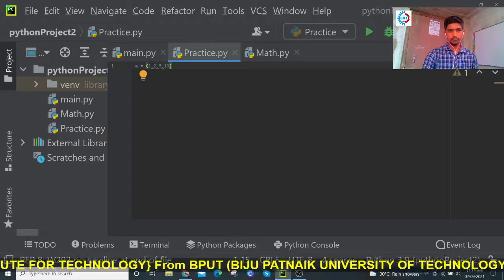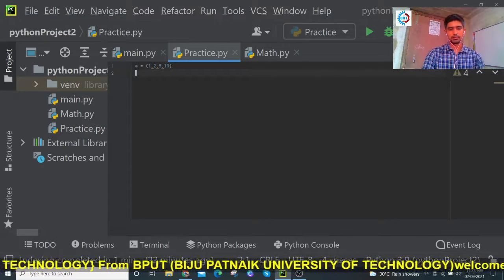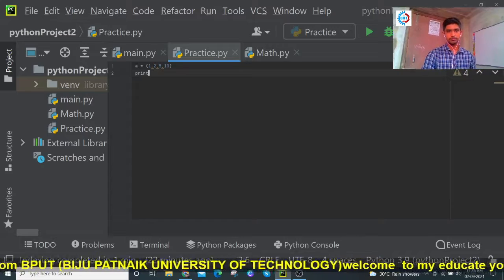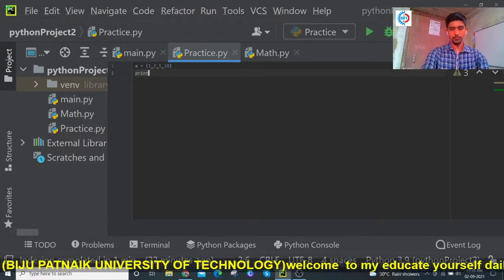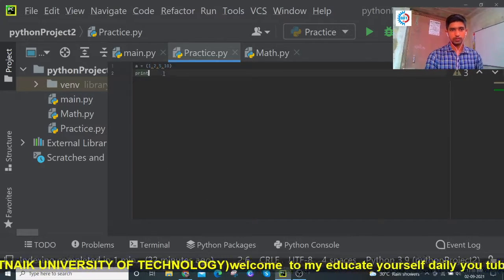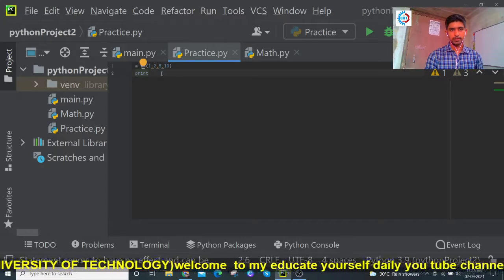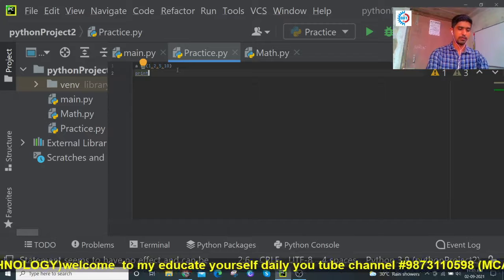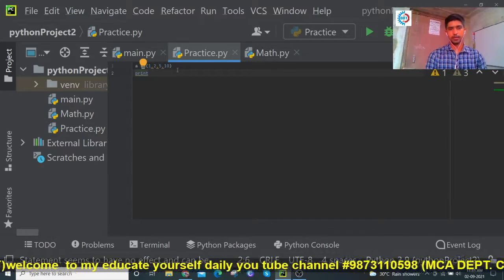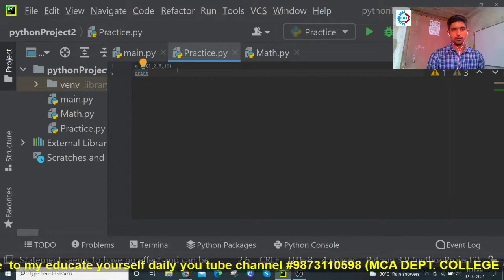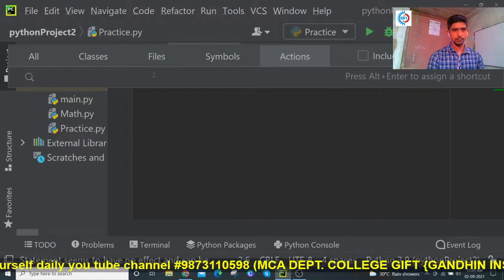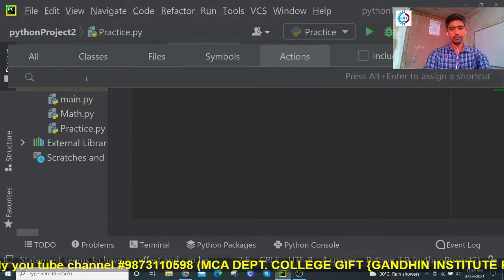Let me check with print. Let me increase the font size for my PyCharm editor. I will press Control Shift A and search for increase font size.